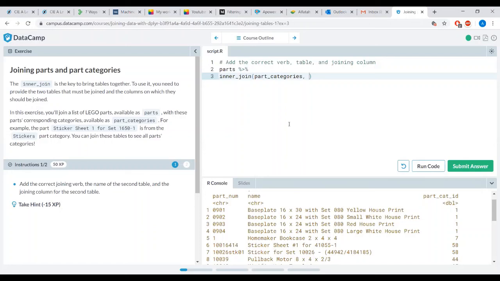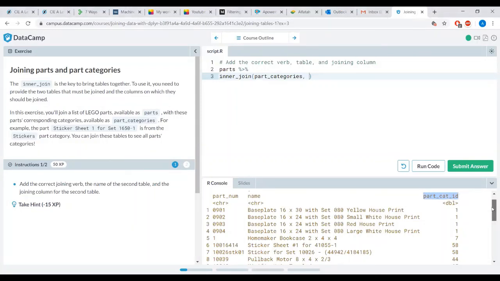Sir, I was saying that if you could slow down a little, because this is getting very complicated. Okay, all right. So this is the last thing we're going to do. I'm just adding one command here. So all we need to do is, to join these two, we need to tell R which variables, which columns, to join them on, okay? So that basically means the part category ID column in the first table,